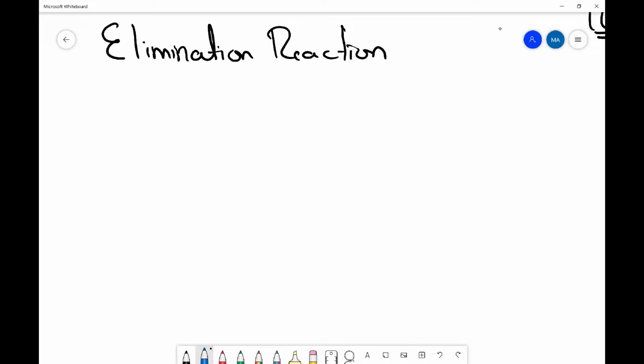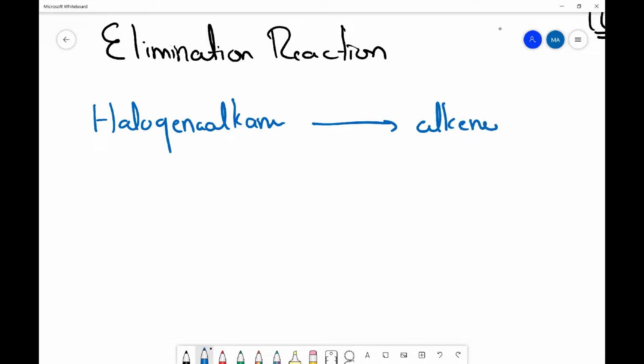Let's just write it down: when a halogenoalkane gets converted into an alkene, that is an elimination reaction. Example,